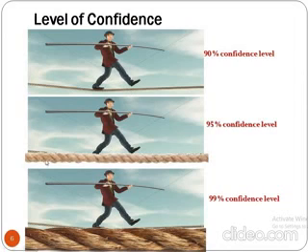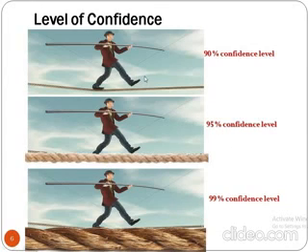Look at this gentleman. His rope is quite fat, quite thick compared to the previous case. Now his precision is less. He is doing a much simpler job, but he has more confidence of crossing the rope because his rope is giving him a lot of protection. And look at this. This is even thicker than what you have seen here. So here there is almost no chance of failure, and this gentleman can easily cross over the rope, and there is hardly any chance of failure, but the precision is definitely less. So these are the examples of 90% confidence level, 95% confidence level, and 99% confidence level.